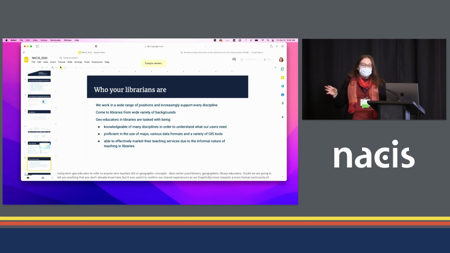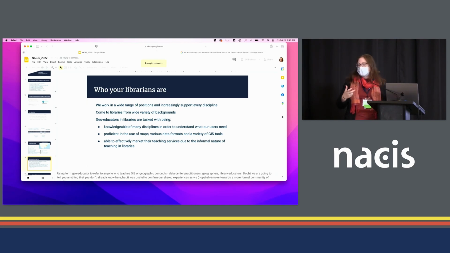For those of you who haven't had a lot of opportunity to work with librarians, this is some information about who we are. We're people who are very engaged, want to be able to support you in your practice. We have a lot of knowledge drawn from our own disciplinary backgrounds, which are varied. I, for example, am an archaeologist, one of the many who made an exodus out of departmental work into alternate academic spaces. But we also have people who are geographers. We have people who've come from the humanities. When we can, we have people who come from the sciences. So we do have a broad base of knowledge that can help support your research.